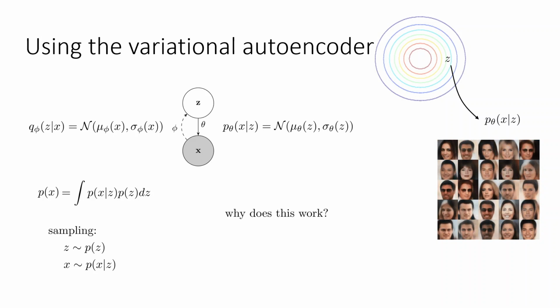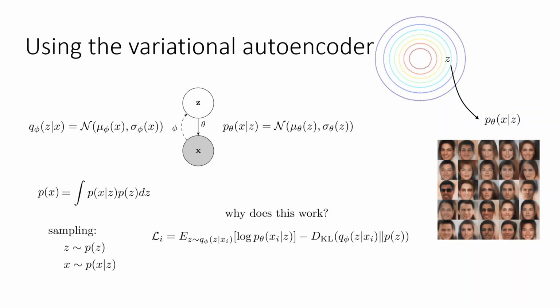So the math is all the stuff from the previous sections. The intuition behind why this works is that the evidence lower bound, the variational lower bound, is going to try to make the images in the dataset as likely as possible given the z's that we obtained for those images from the encoder. But the encoder is also trained to stay close to the prior, which means that if the encoder